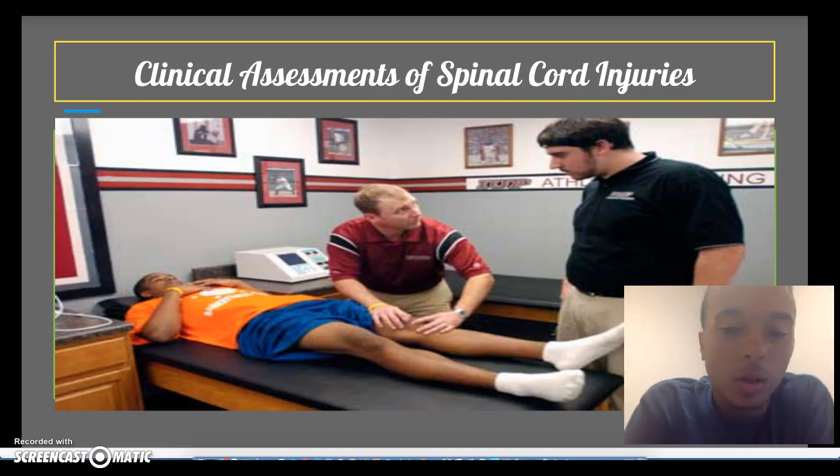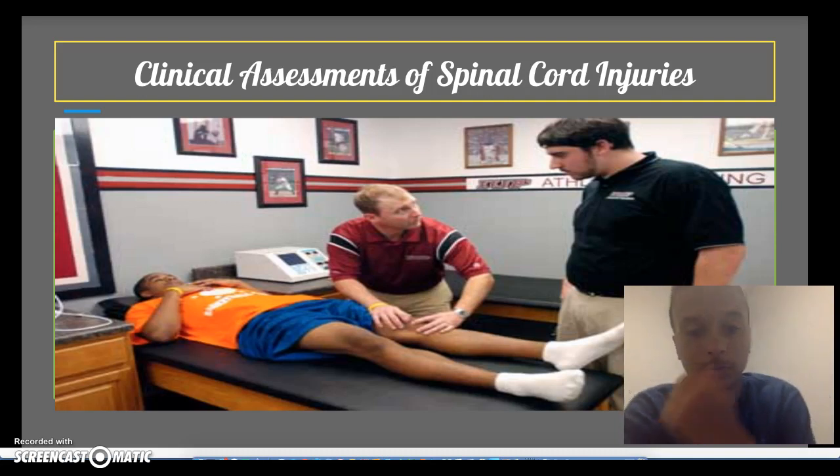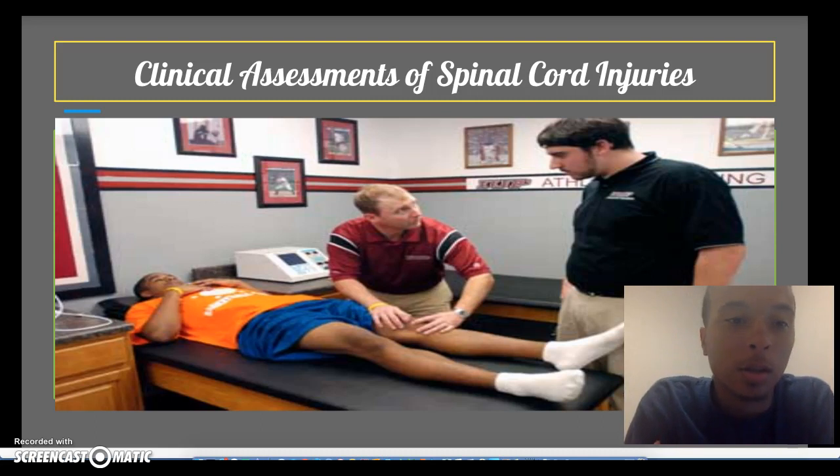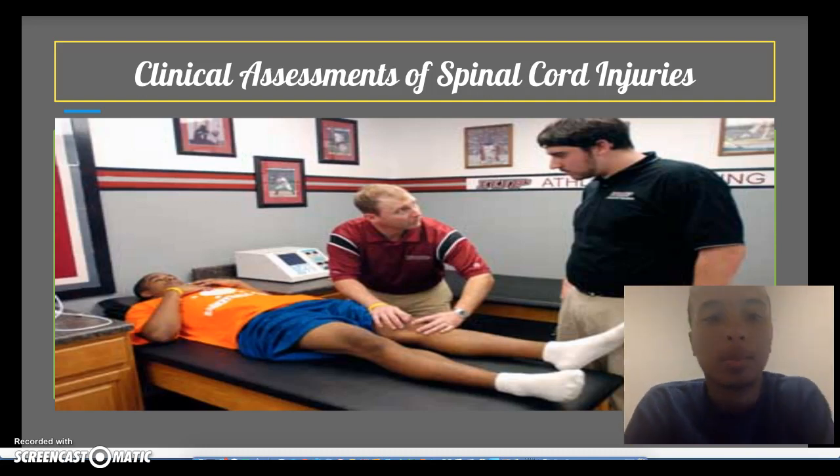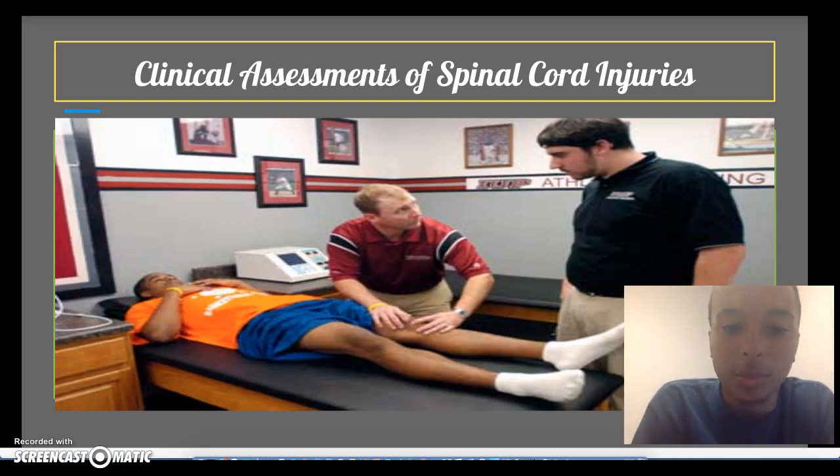So this is where we do our thoracolumbar, even cervical spine evals. Cervical spine we probably learn next summer. This is where we do all our special tests, our range of motion, our muscle length, just to see what exactly is going on with our athlete or our client. Nothing really big here, but our in-clinic evals are more specific, trying to get a comprehensive view, trying to help people with rehab and getting back onto the field.